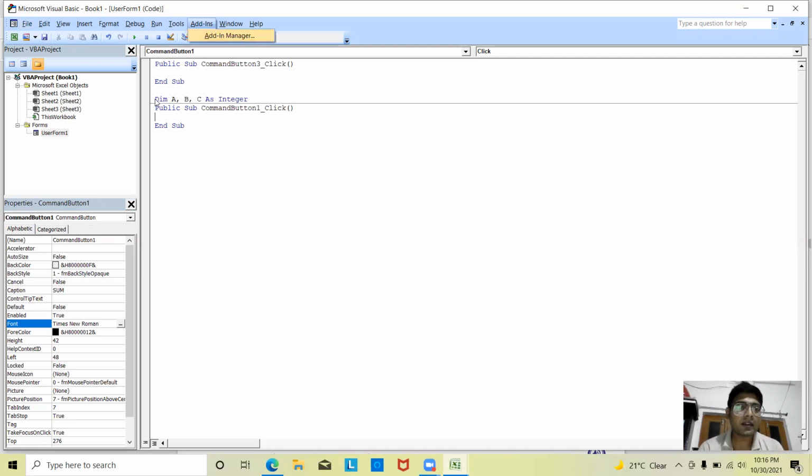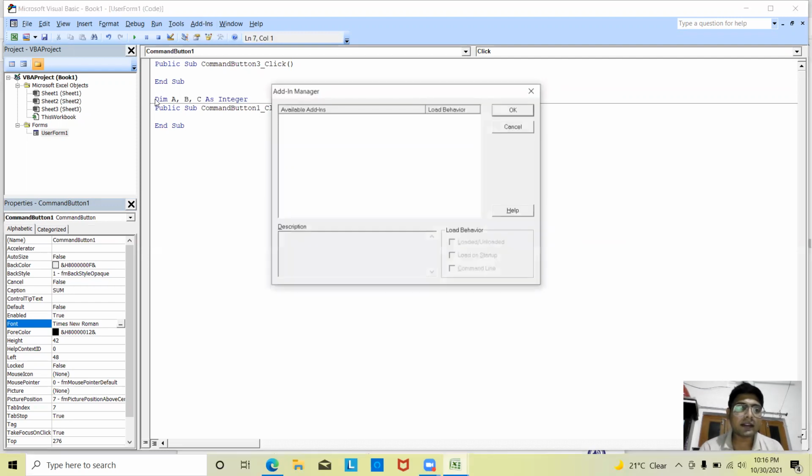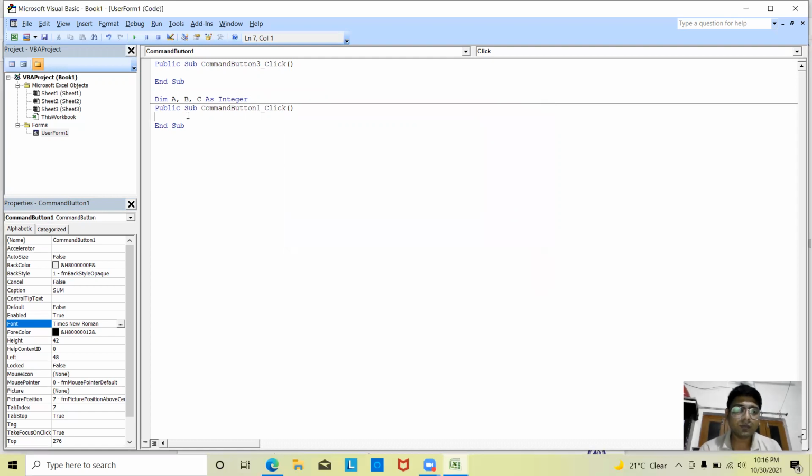So our first variable, that is a, will hold the value of the text box 1 text. Okay, then variable b, the second variable, will hold the value of text box 2.